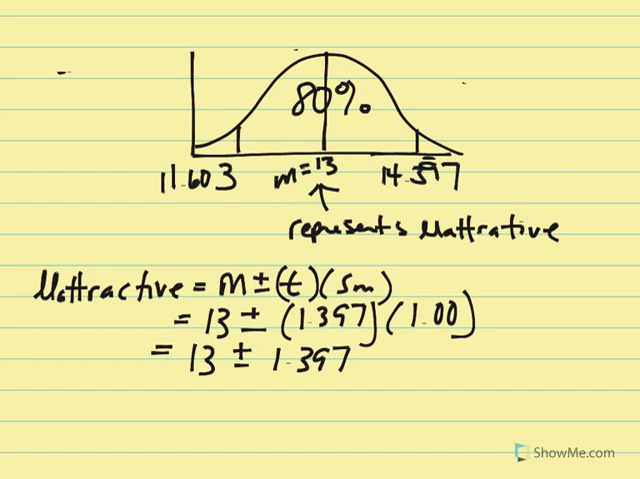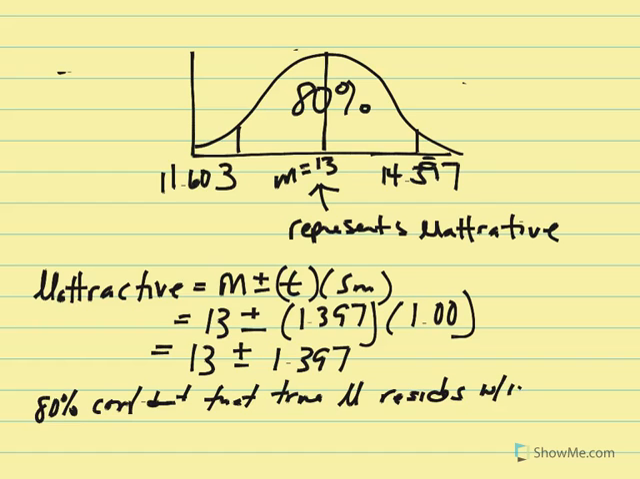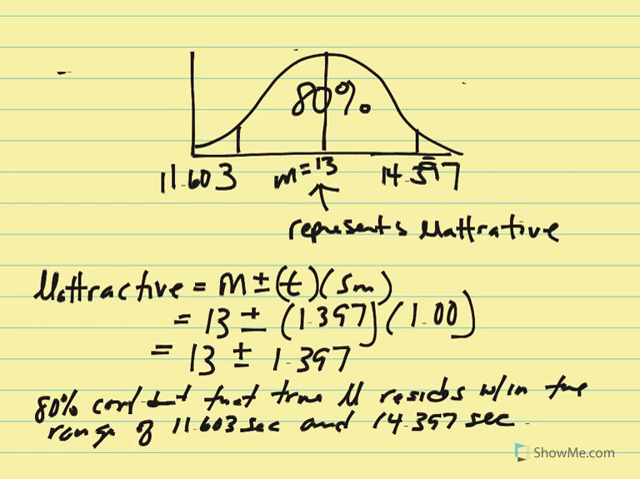And what we're saying is that the researcher is 80% confident that the true population mu resides within the range of 11.603 seconds and 14.397 seconds. In other words, if we had access to all infants and were able to engage them in this type of research and calculate the average amount of time they spent looking at the attractive face,